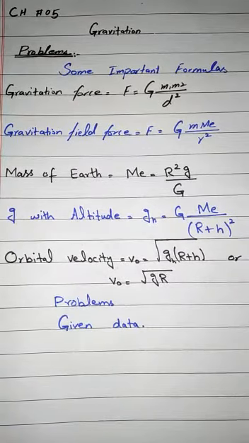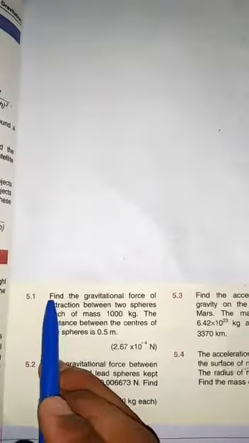The first numerical statement is: find the gravitational force of attraction between the two spheres, each of mass 1000 kg. The distance between the centers of the spheres is 0.5 meter, and we have to find the gravitational force. The solution is that, according to the statement, the given data is, first of all, the mass of sphere 1